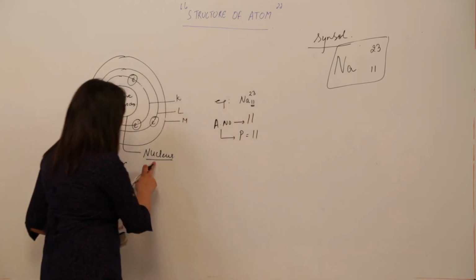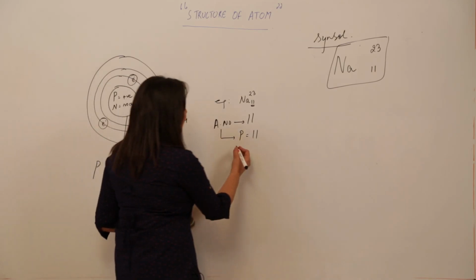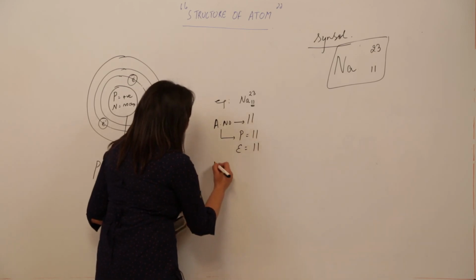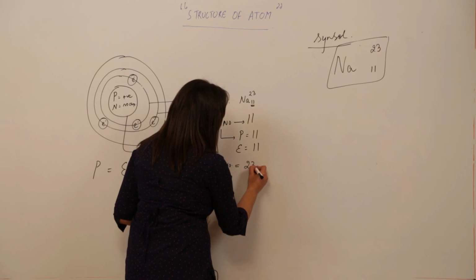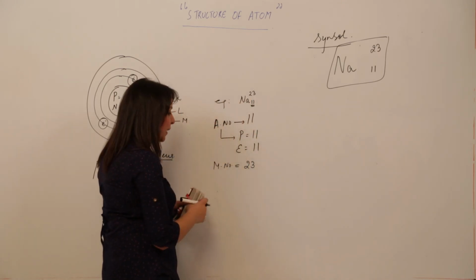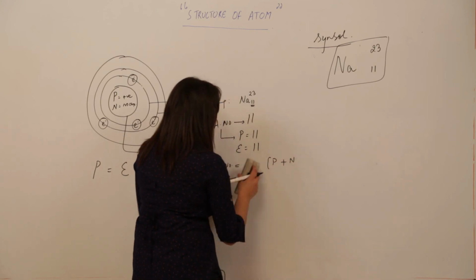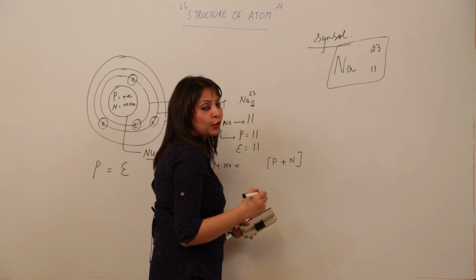And we know the atom is electrically neutral. The number of protons is always equal to the number of electrons. So that specifies the electrons are also 11. And what information do you get from the mass number now? Mass number is 23, as I have written here. Mass number is equal to the number of protons plus the number of neutrons. This I am rubbing out to show you how you can calculate the number of neutrons with it.